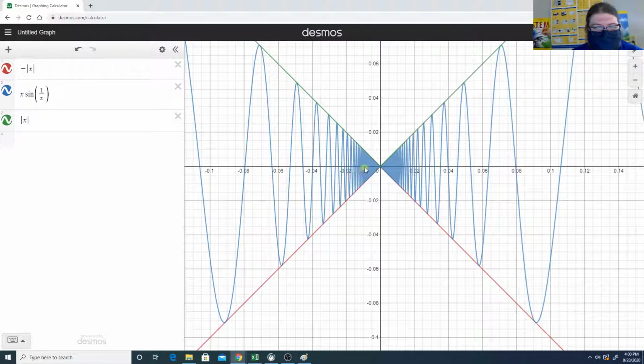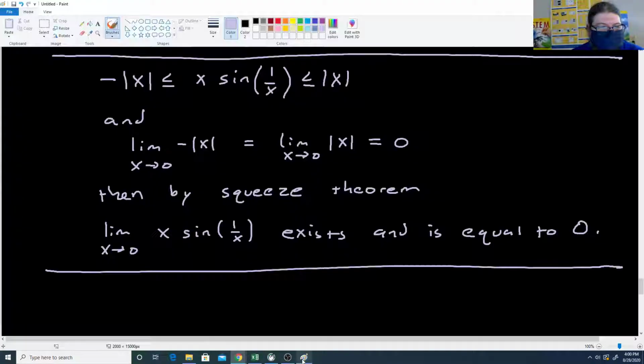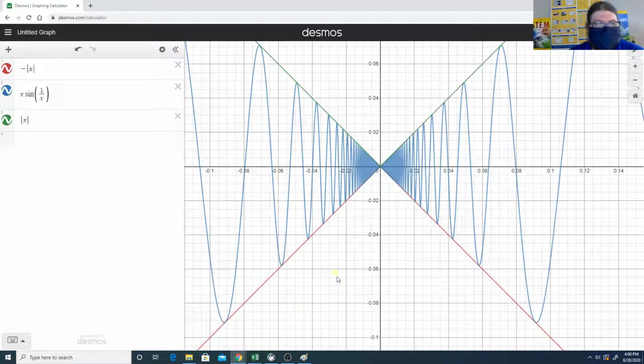So as we approach 0, we're not sure what this blue thing's doing, but we know the green one approaches 0, and we know that the red one also approaches 0. So this blue one that's stuck in between them is forced to take the value 0 as well. And that's a nice example of how the squeeze theorem works. So I think that kind of illustrates we did all that work of finding this negative absolute value of x, x sine of 1 over x, less than or equal to positive absolute value of x. And now we can kind of see that